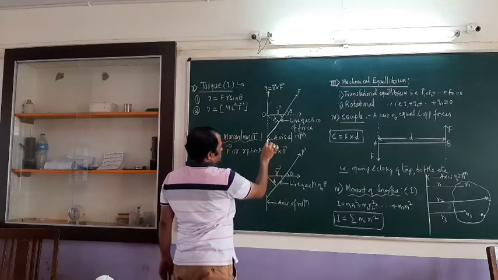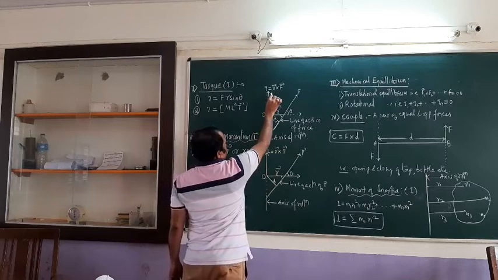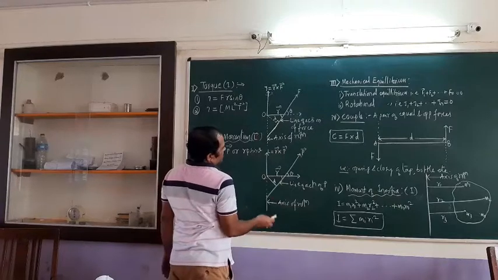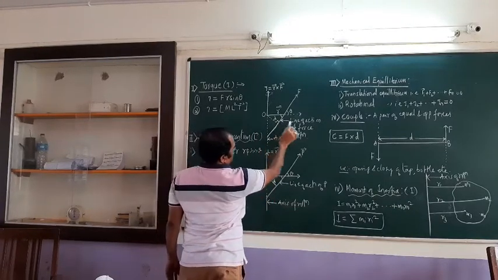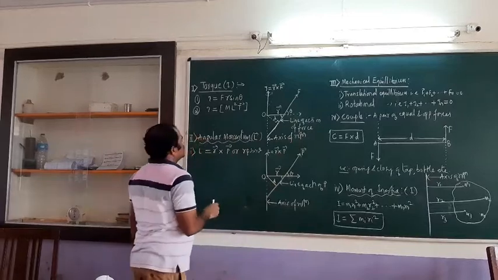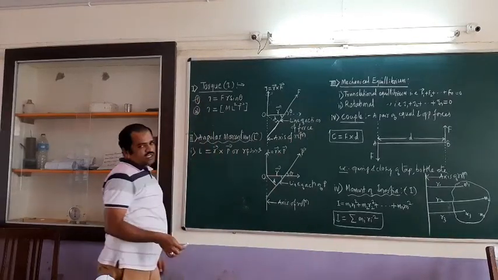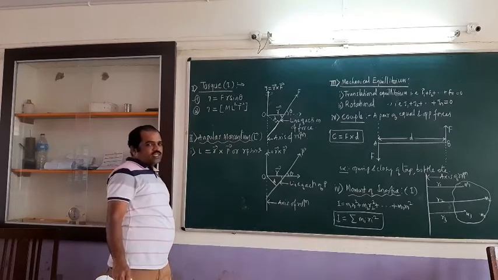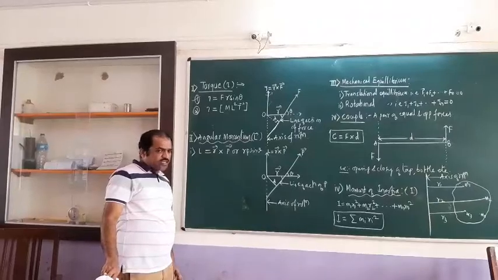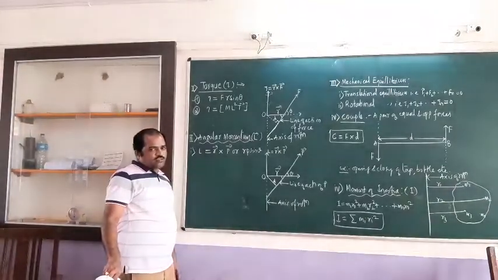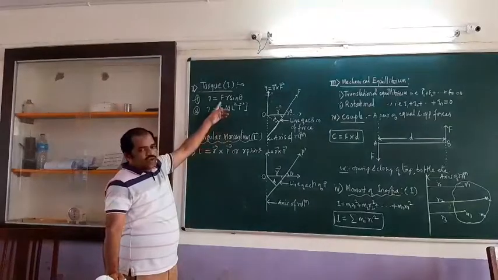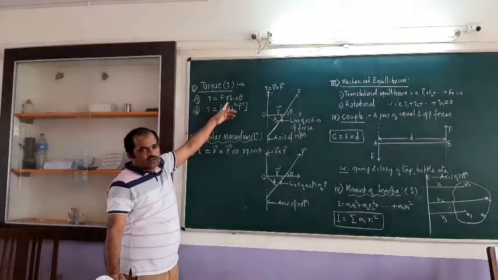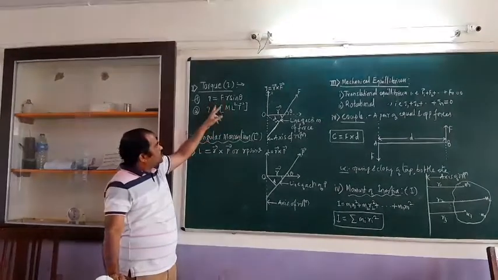This is what we have represented in the diagram. This is the axis of rotation, meaning that along this the body is going to rotate with this torque. Therefore this is called the axis of rotation. This is the line of action of the force. This is how we understand the term torque: torque is equal to F into R sin theta. It is defined as the product of the force and the perpendicular distance from the line of action of the force. This is how we are going to write it.